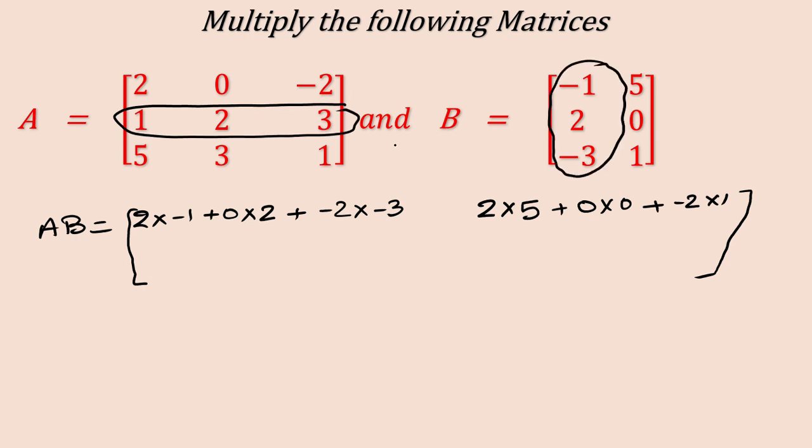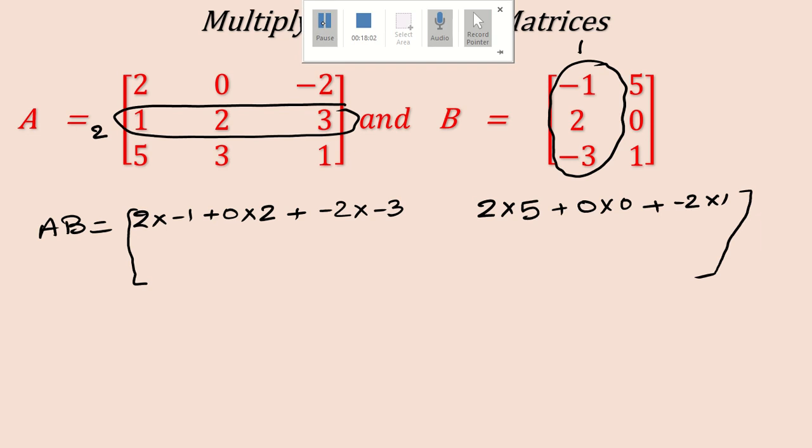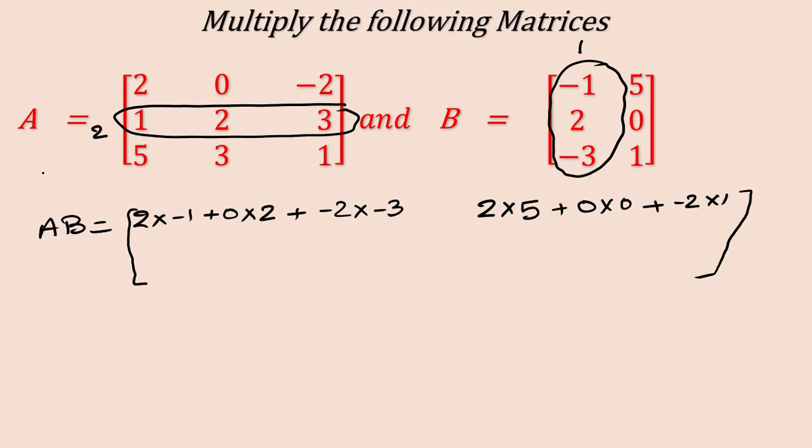And see, my dear students, here is the hint for where you will write. This is the second row, means 2. This is the first column, means 1. So where will you write the element? You will write the element at 2, 1. So it will be 1 multiply by minus 1 and then plus 2 multiply by 2 plus 3 multiply by